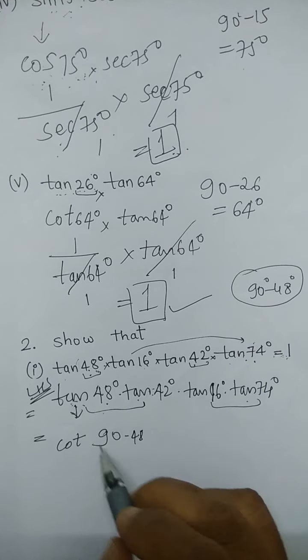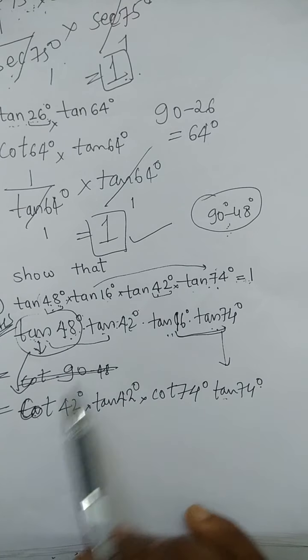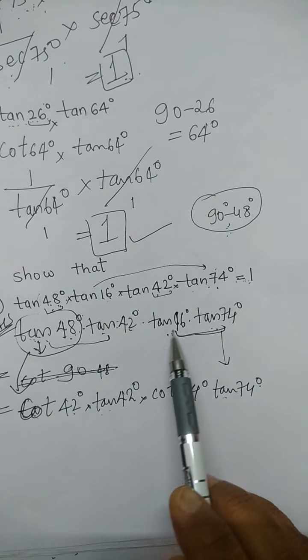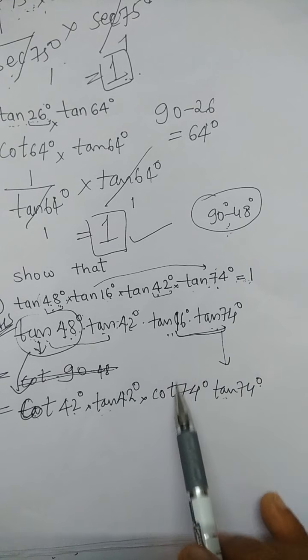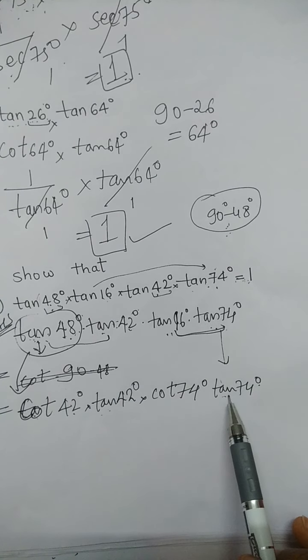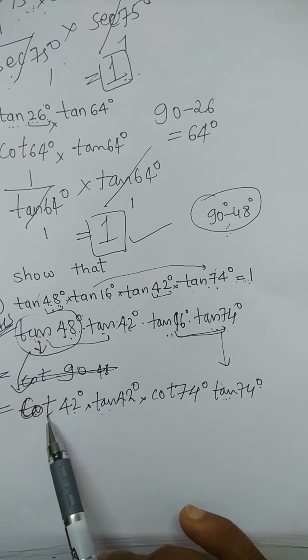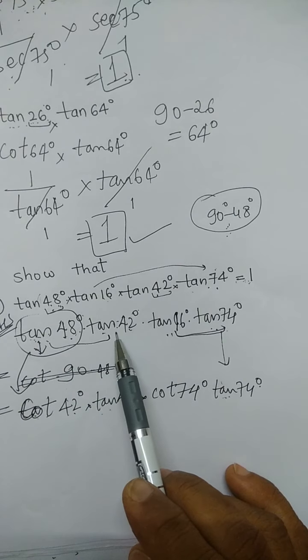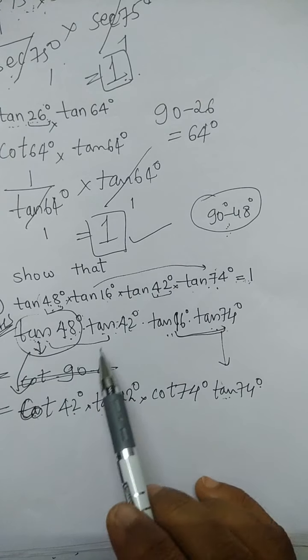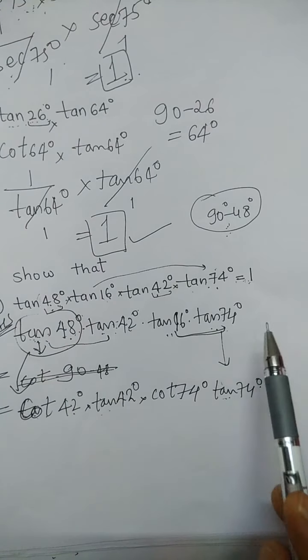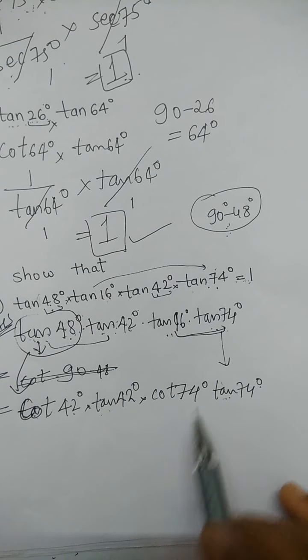What we have done? We have written those ratios together whose sum of angles is 90. Okay, arrangement we have done. Then out of these two, one we have changed, the second one we have kept as it is. Out of these two also, one we have changed, the other we have kept as it is. It is not necessary to convert the first one into the complementary ratio. You can convert the second also. First you keep as it is, second you convert. No problem. The answer will be the same. Right? So up to here we understood.